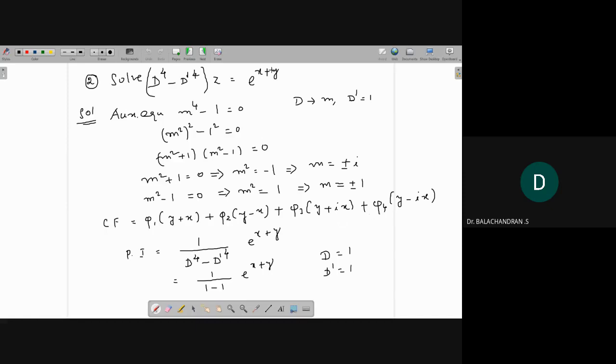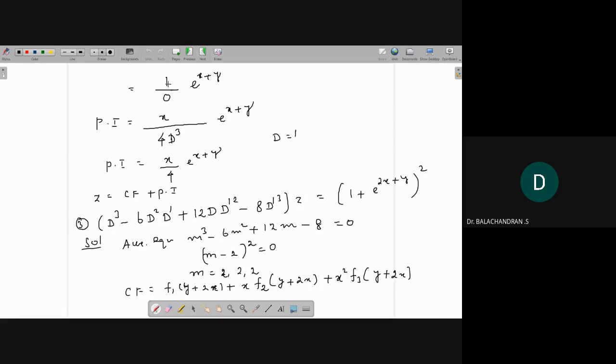The right hand side is in the form of e power ax plus by. So here a equal to 1 and b equal to 1. So we need to replace D by 1 and D dash by 1. If you replace like this, the denominator is 1 minus 1, so 0. Then you need to multiply the numerator by x and differentiate the denominator partially with respect to D. So you will get,